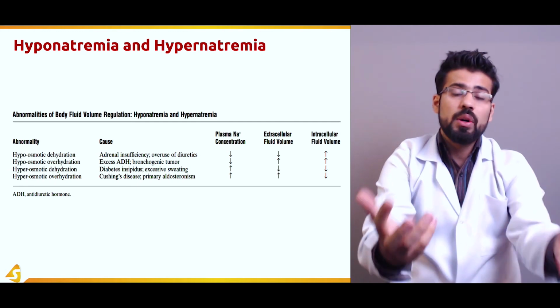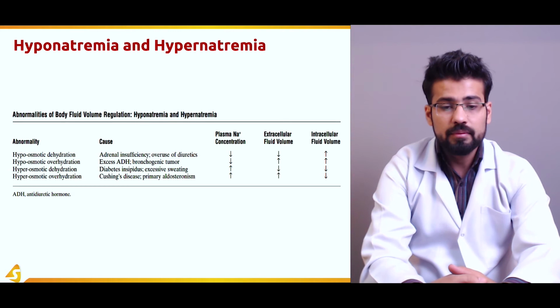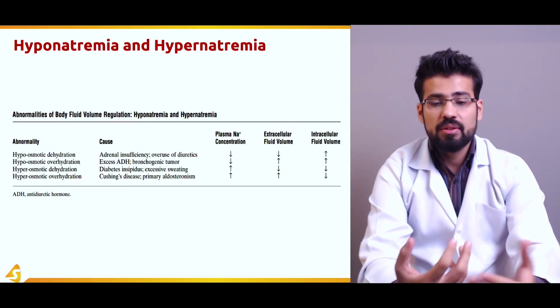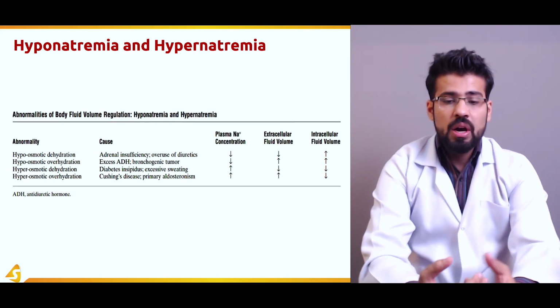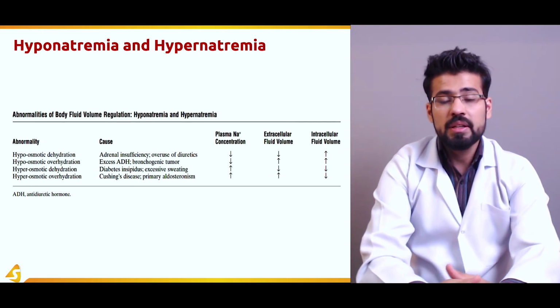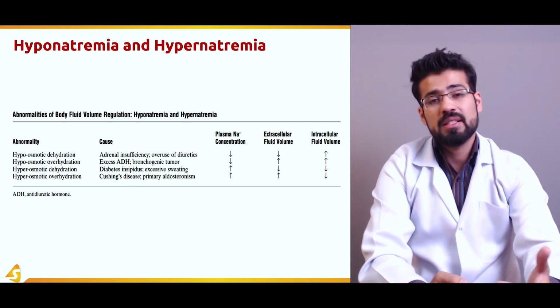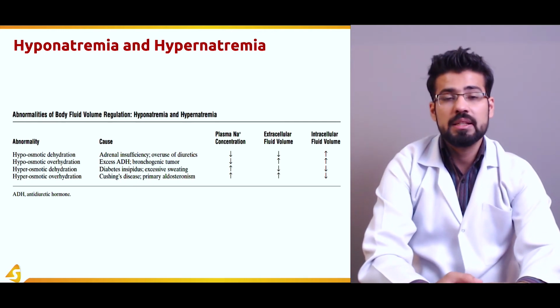And of course this would ultimately result in the decrease in the intracellular fluid volume. What happens in Cushing disease or primary aldosteronism, which is known as Conn's disease as well? In these two examples, the aldosterone is produced in an excessive quantity, which of course will decrease the